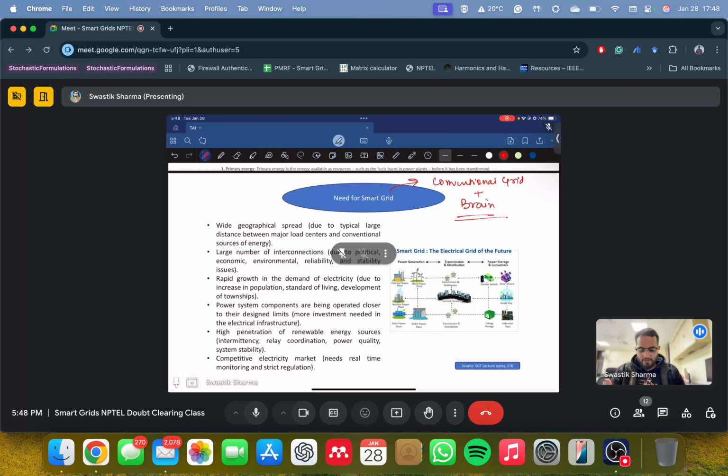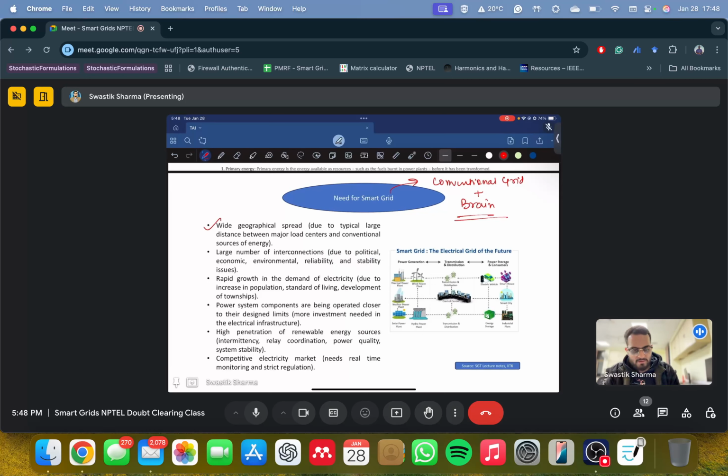But the need for smart grid is because we have a wide geographical spread. Bear with me, it's a 2 hour lecture, but we'll have this discussion, and I still have to cover the material, right? We have a number of interconnections, a large number of feeders, distribution, transmission. I don't have the perfect number in the back of my mind, but our number of interconnections is very huge. To manage all of that, we need smart grids. We can't sit at each bus and tell you about the location and what is happening at that bus, right?